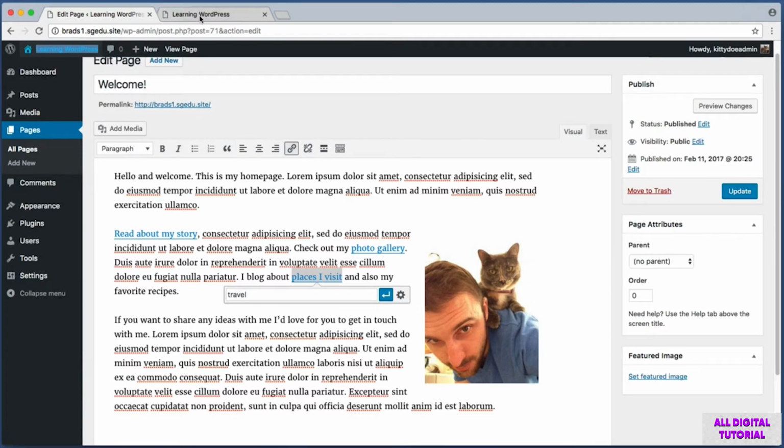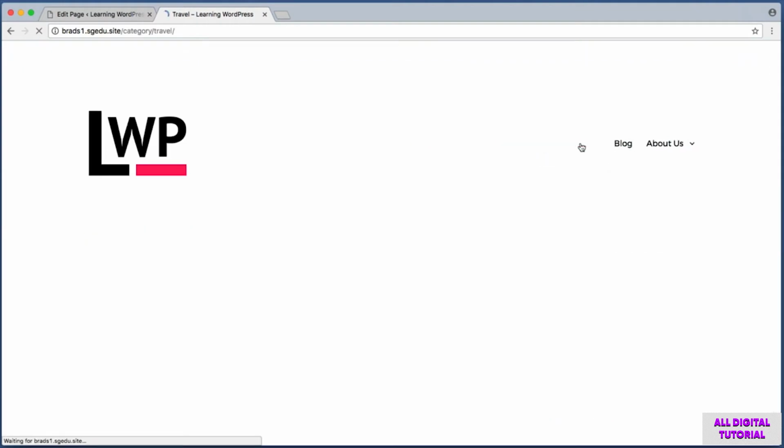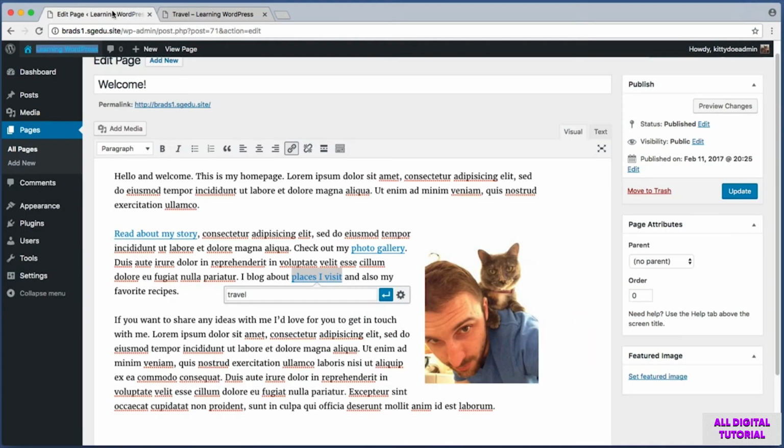Okay, then within my new browser tab, I can switch to that and then just use my navigation area to click on Travel. And now in my address bar, I can see the URL for the travel page. So I will just select that, copy it, back in my first tab. Now I can just paste in that URL within this little menu. So paste it in, hit the blue Apply button.